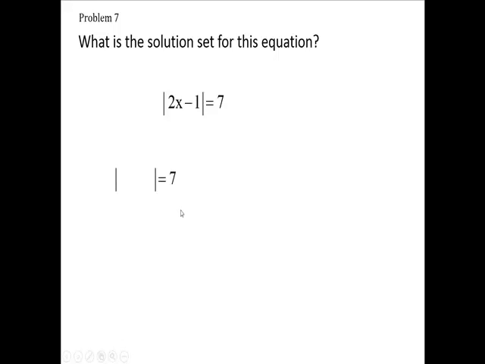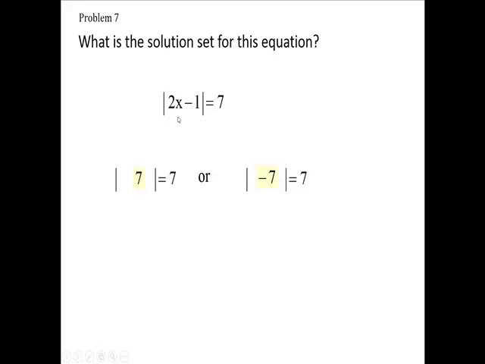Okay. What does it mean to say the absolute value of something is 7? Well, what number could I put in here and get a true statement? If I put a 7 there, the absolute value of 7 is 7. That's true, isn't it? Or we could also have another number in here. What would it be? The absolute value of minus 7 is 7. Okay? All right? So,